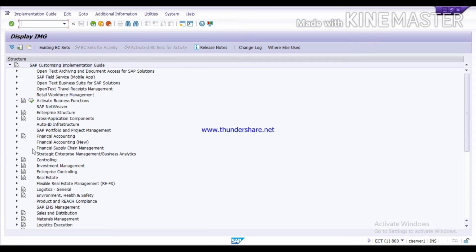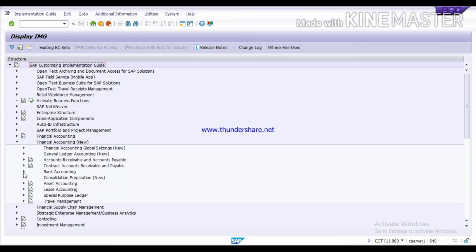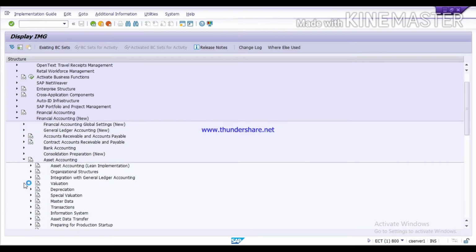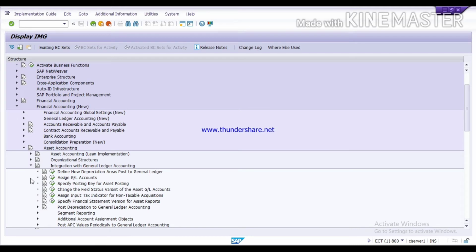Then Financial Accounting New, Asset Accounting. Now this third one, Integration with GL Accounting. Click on it. In this you will get the option Assign GL Accounts. This one. So execute it.